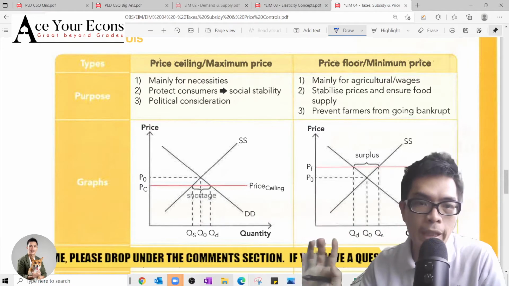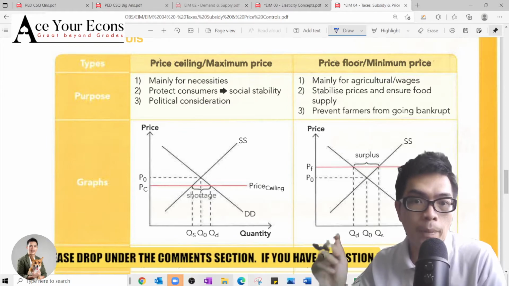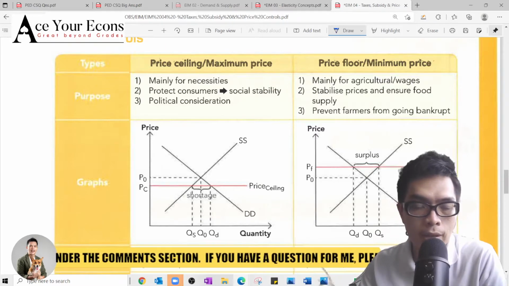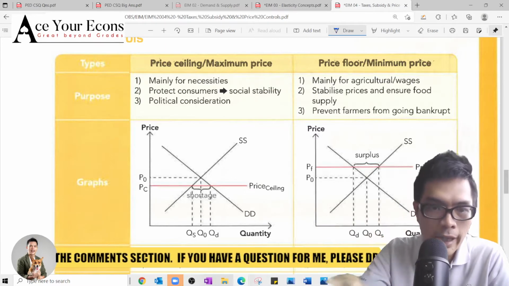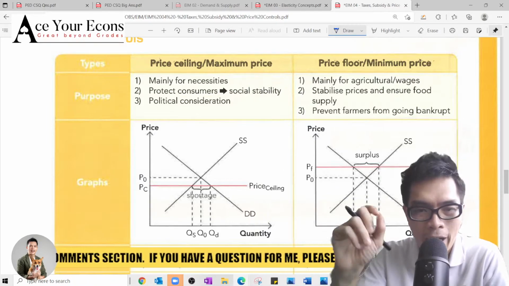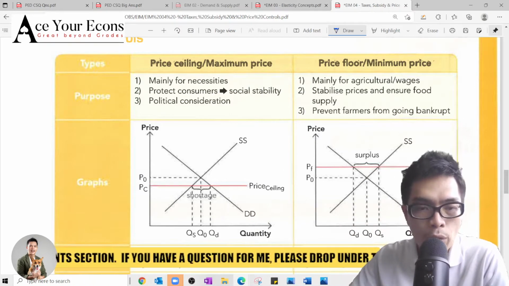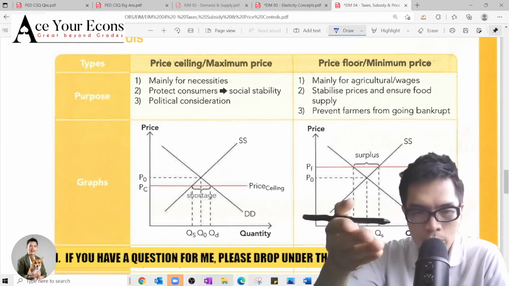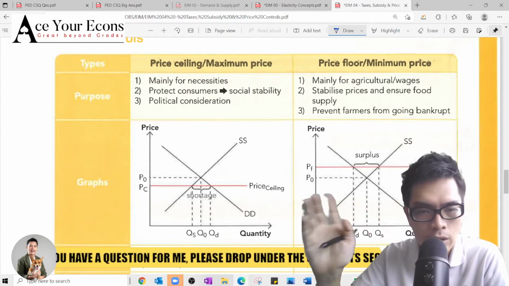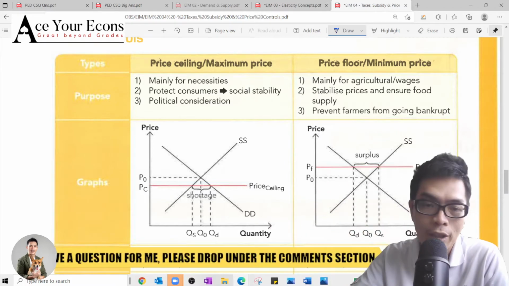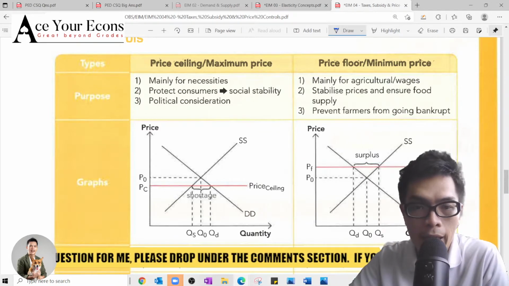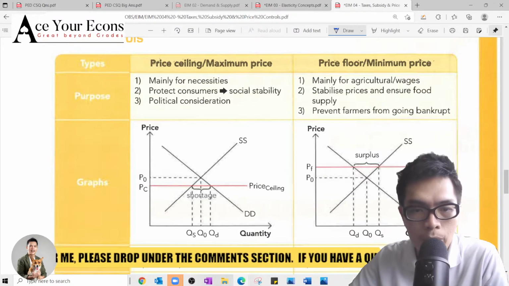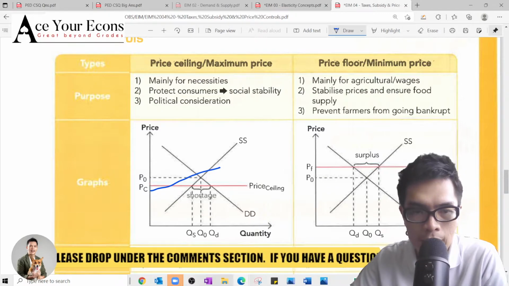So how is PED and PES going to matter? PED and PES is going to matter in the size of the shortage and surplus. I'm just going to use the existing diagrams to show you how we can aggravate the shortage or the surplus. If you want the shortage or the surplus to be relatively bigger, especially for my second year students who are attending this, I can show you quickly. My first year students, all you need is to just make a mental note. We'll eventually come back here. PED and PES is a limitation that you often see in your notes. All you need to do is to make your demand curve sufficiently more price elastic.